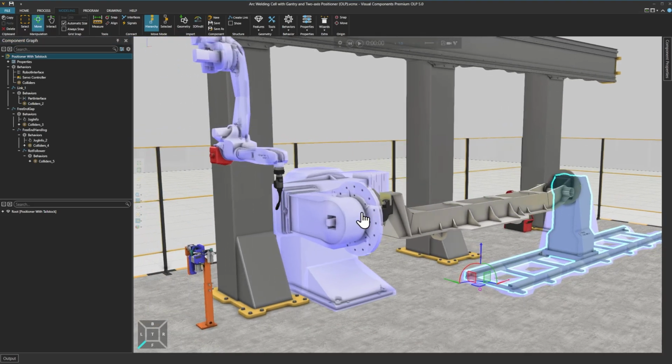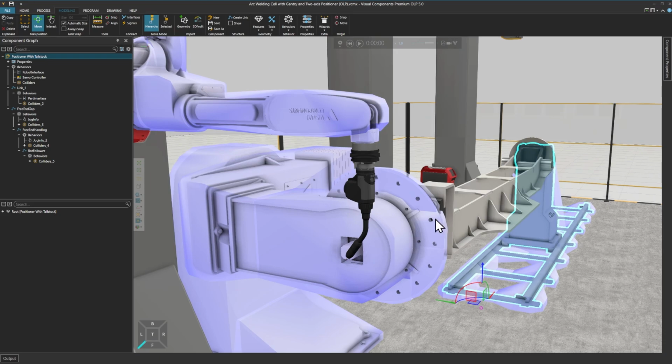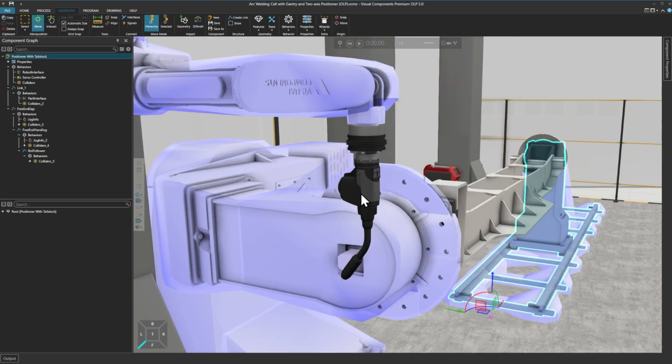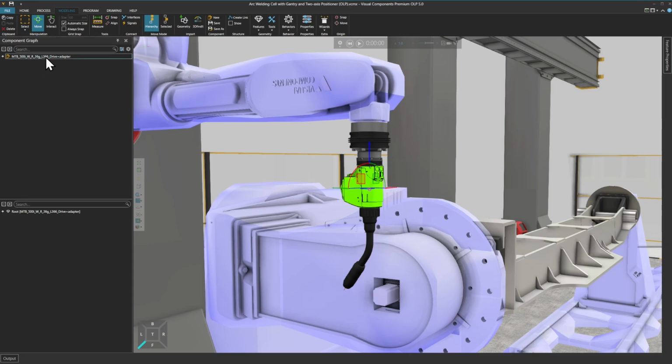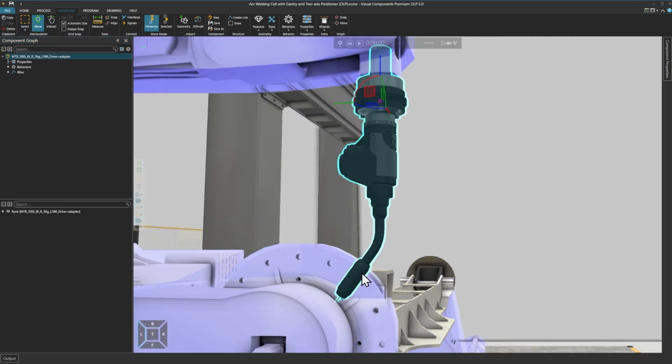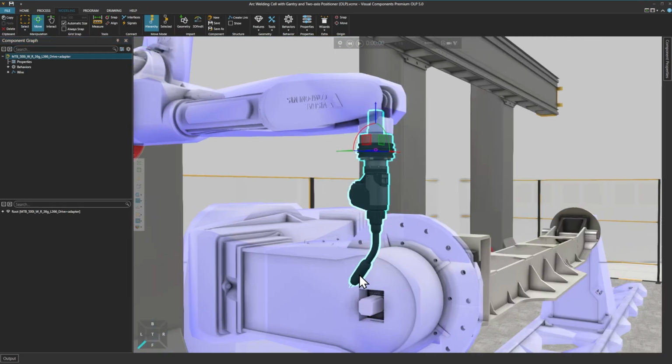And what is most likely to collide with the workpiece is, of course, the torch. And the torch is the part during our process that we want to go as close as possible to the workpiece. What we can see here is that my torch is currently only one piece and the wire. However, what I know is that I will go as close as possible with the nozzle during my welding process.